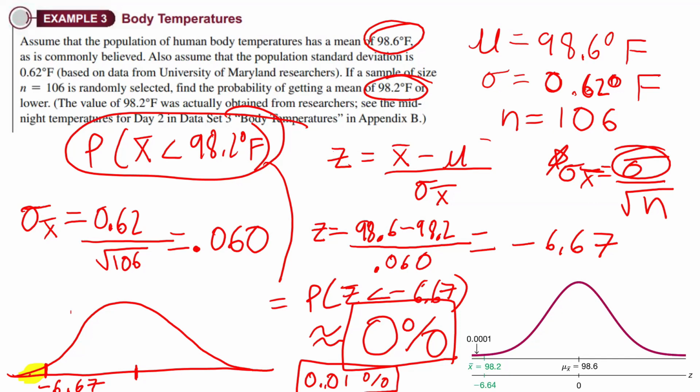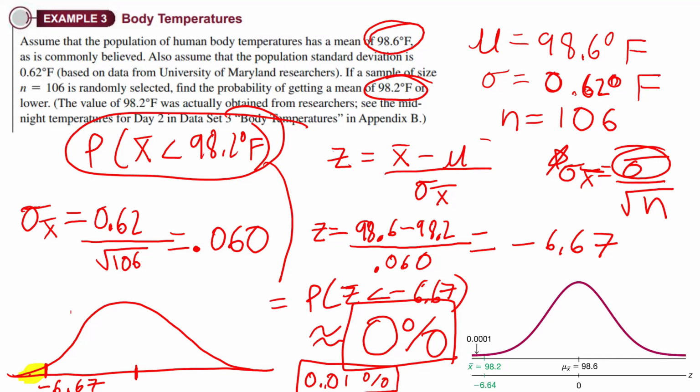The standard deviation of the body temperature is 0.62. You collect a sample of size 106 people. You find that their mean is a little less, 98.2. But you do this calculation, and we found out,